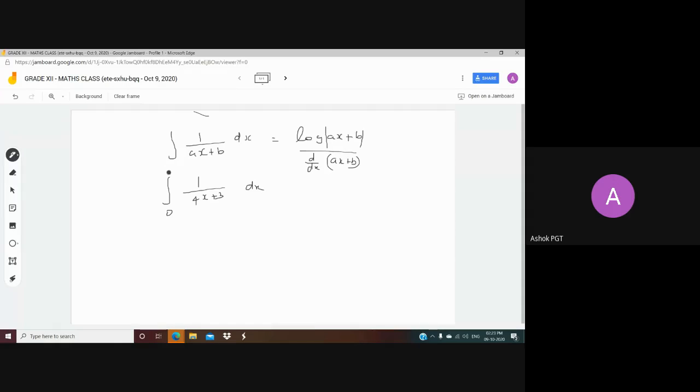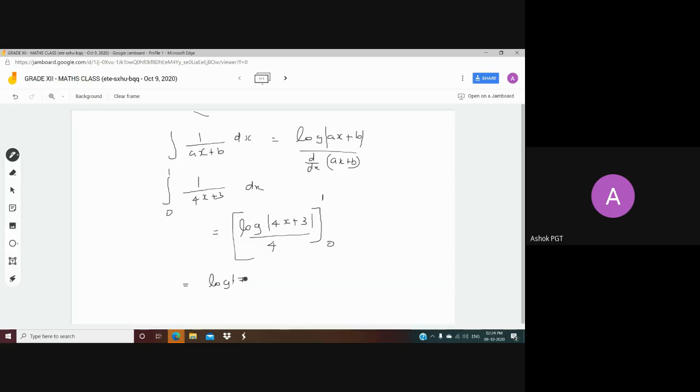So the formula is log mod of 4x plus 3 divided by the derivative of 4x plus 3, which means divided by 4. Since a definite integral is involved, we have a lower limit and an upper limit. So when we calculate the final answer, log mod, in place of x we substitute 1,